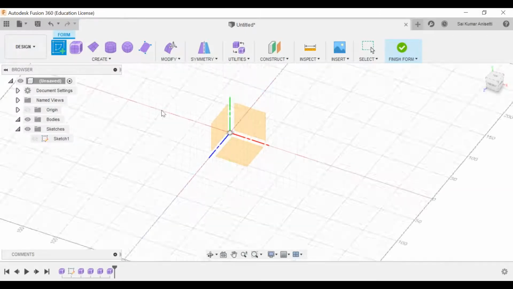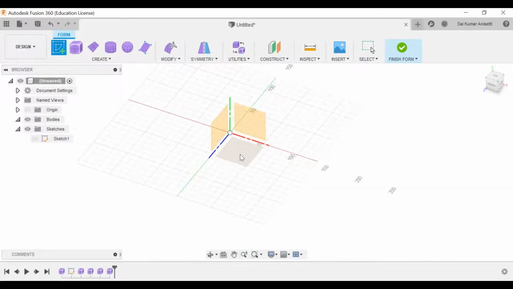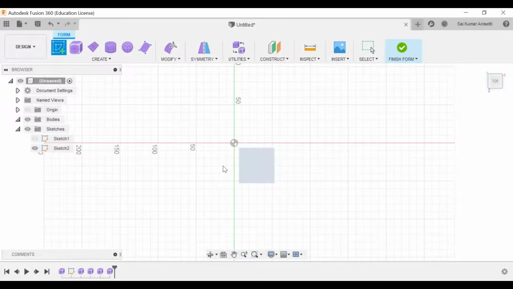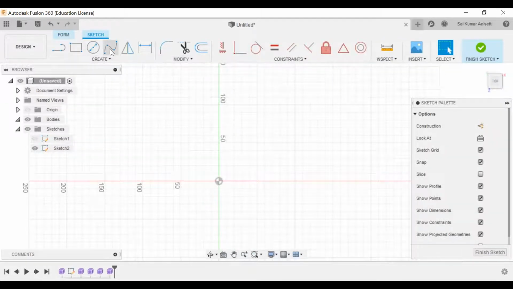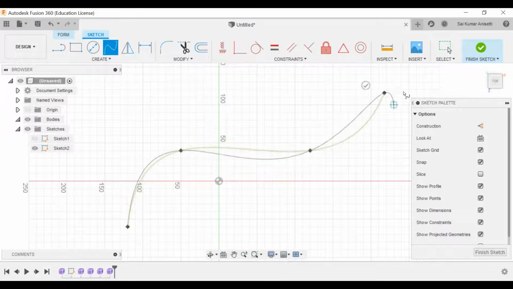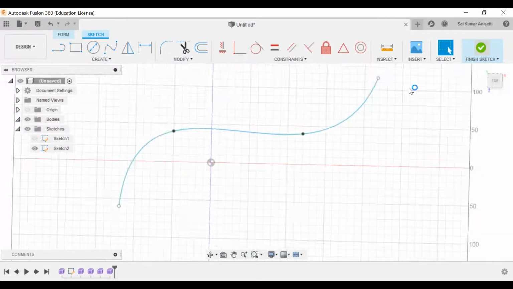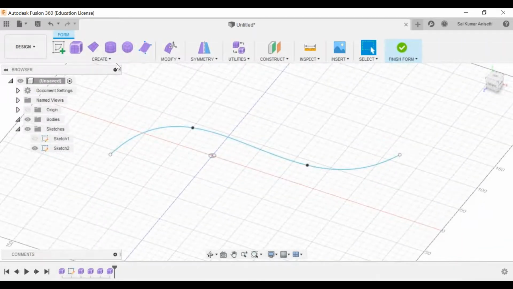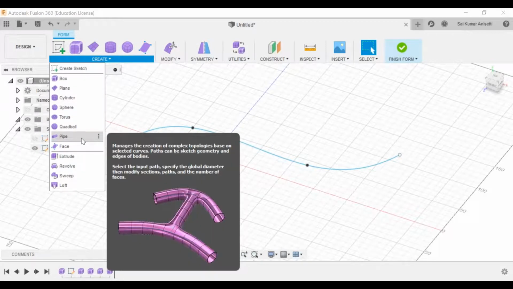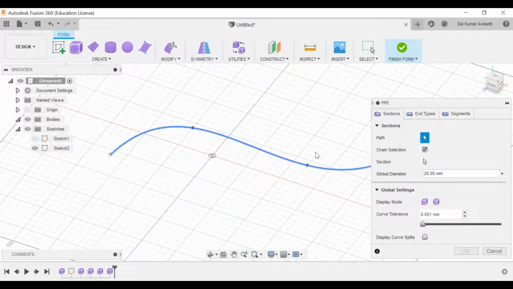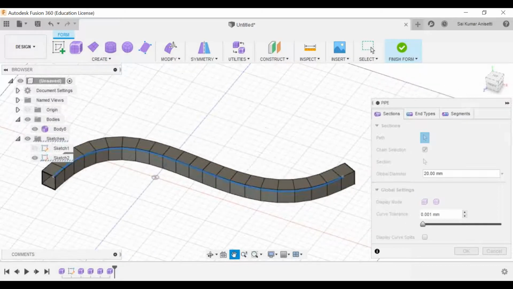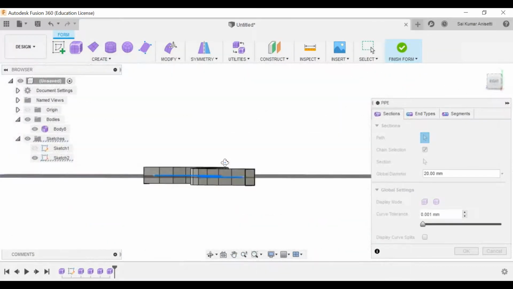Let me quickly create a simple spline on this bottom plane, and to create this simple pipe structure, center, click OK, create pipe, and click the spline on which you need to create it. And see, there is a twist.